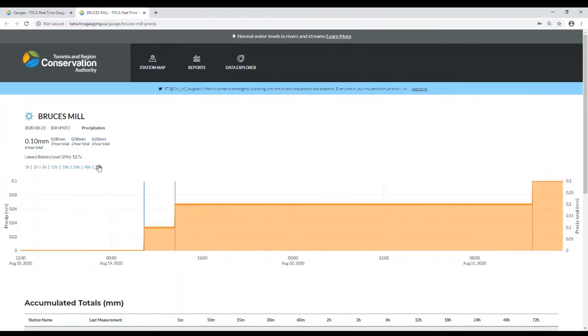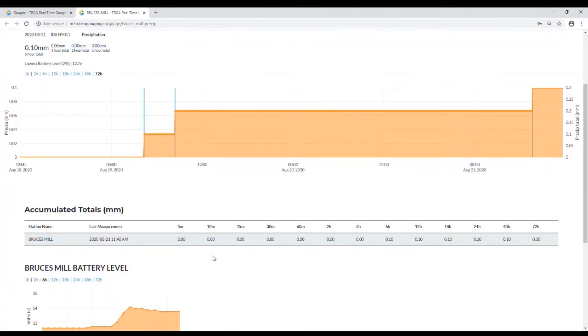The additional data and information that can be displayed on this type of gauge page are the accumulated totals table. These can include accumulated totals as well as previous month totals for that station.